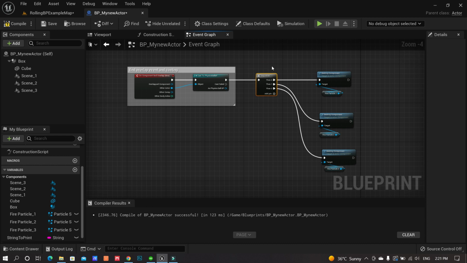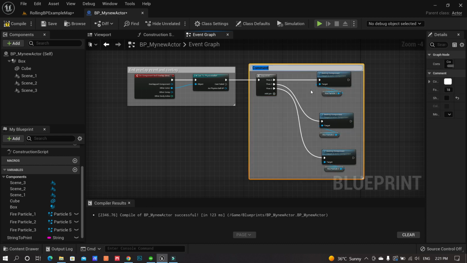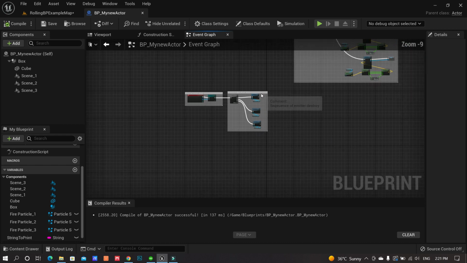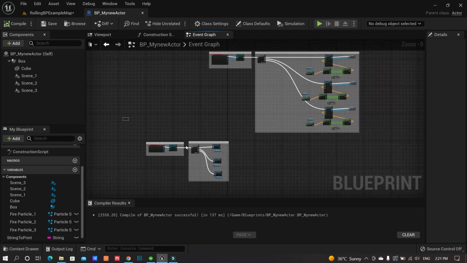Okay, and select all of them, press C and comment: emitter destroying, emitter CS. Okay, let's say sequence of emitter destroy. Great. Let's just compile, save,